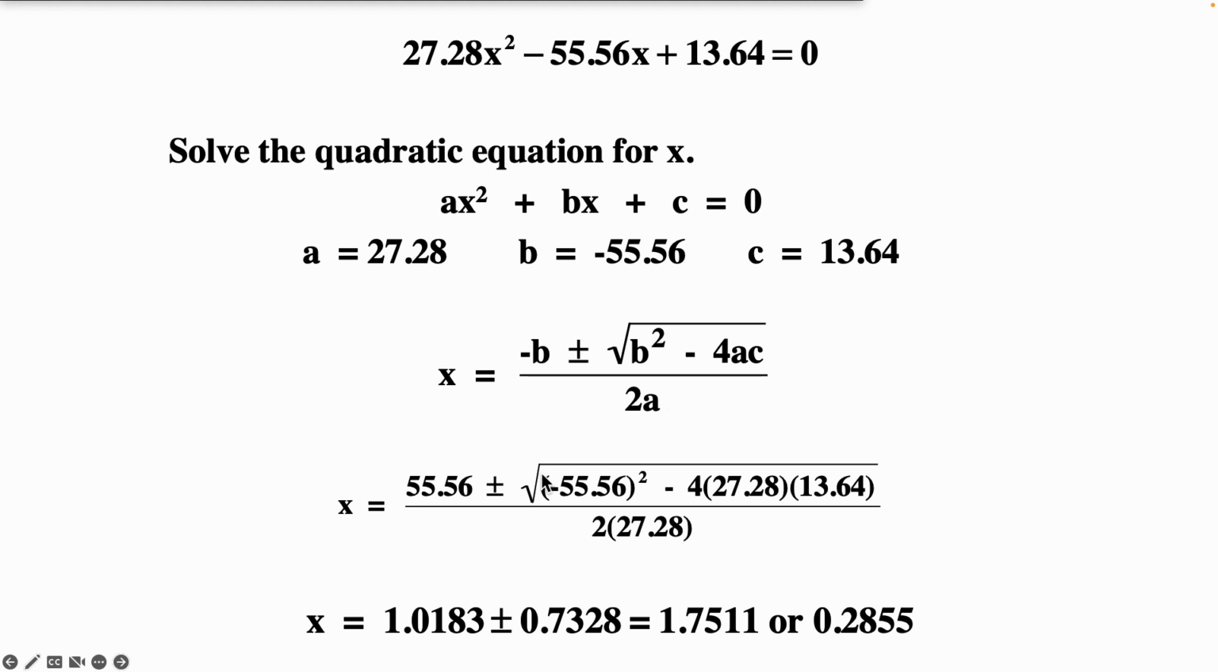Remember, for the quadratic, you always get 2 possibilities because you have that plus or minus. We have 1.018, plus or minus, or sorry, the answer is this plus or minus that, which gives us 1.75 or 0.2855. Now, if we think back about what x means,